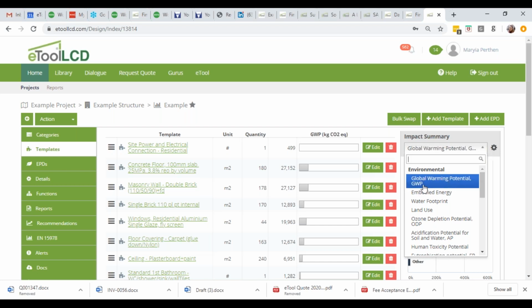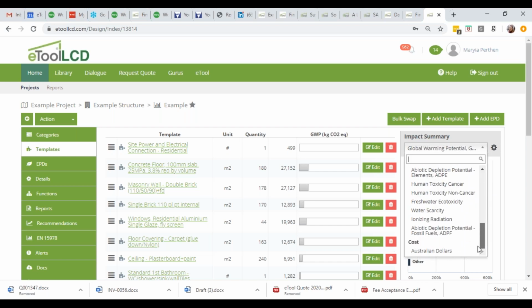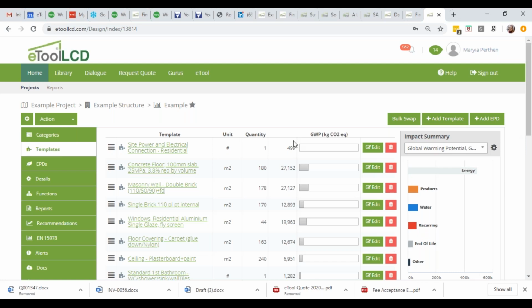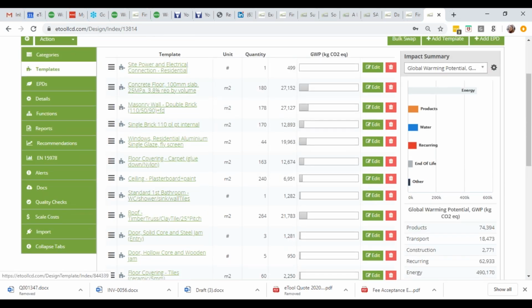So we chose carbon equivalent here, and you can also select other impact categories or cost, which will make this model a life cycle cost model. And this will help you measure CapEx and OpEx over the lifetime of the building. Could be also an interesting exercise. But I just wanted to have a look at